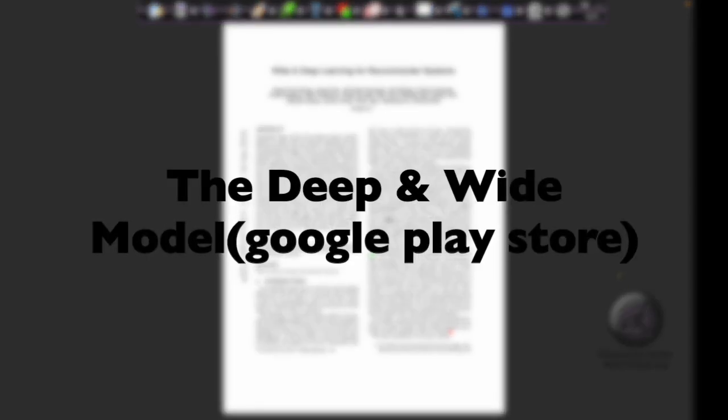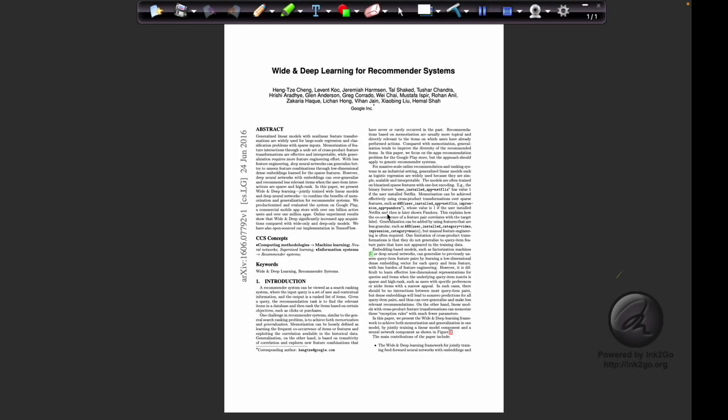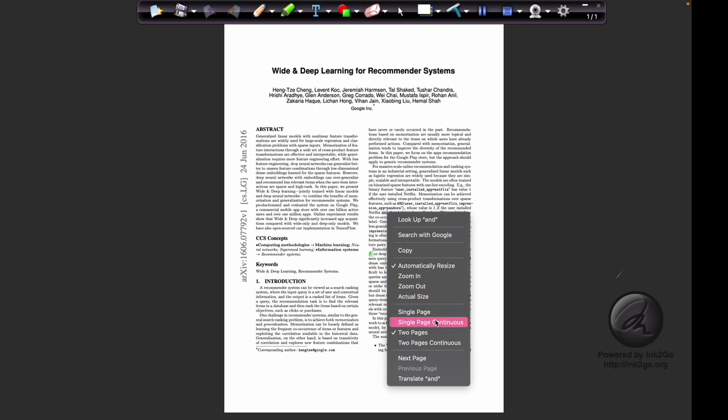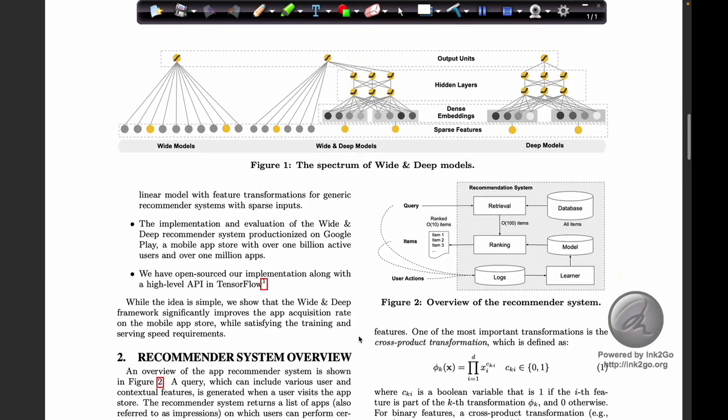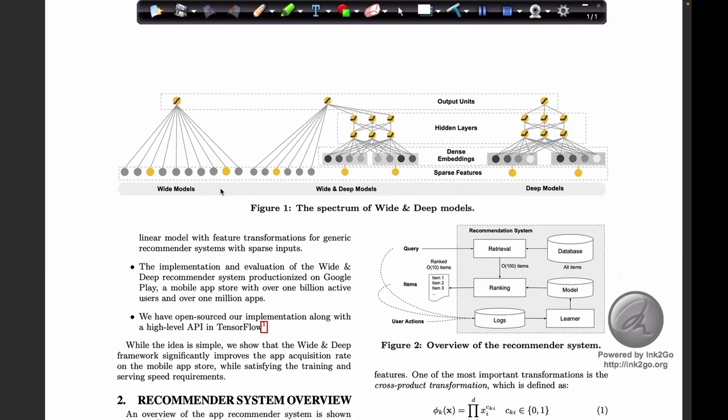Now I'm going to explain the wide and deep neural network, which was used for ranking in the Google Play Store. So let's begin. This was the wide and deep neural network. When feature engineered features are fed into the wide model, it learns the feature combinations, the best feature combinations.